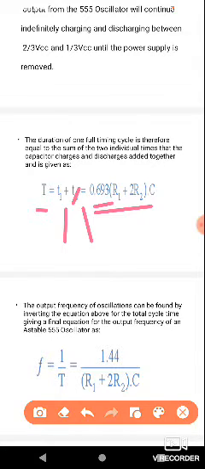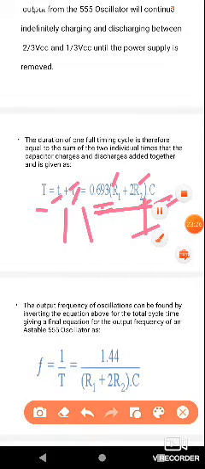Here we are taking 0.693 and C common. The first equation, T1, consists of R1 and R2. The second equation, T2, consists of only R2. So that's why we take 0.693 into C common, leaving the value R1 plus 2R2. The 2R2 means the R2 resistor is used once in charging time and another time in discharging. The R2 resistor is used for both charging and discharging. That gives 0.693 into R1 plus 2R2 into C. So 2R2 indicates the charging and discharging.